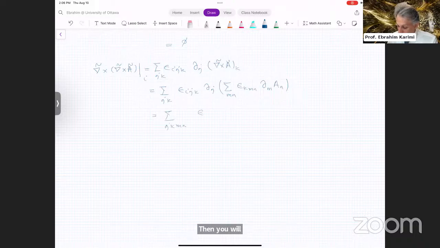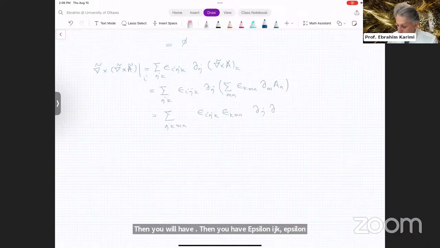Then you have epsilon i j k, epsilon k m n, derivative with respect to j,